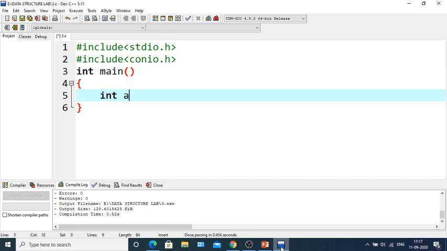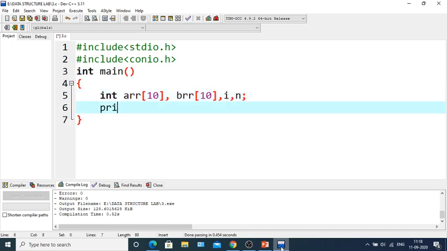Next, we will take two arrays here. One is ARR and another one is suppose BRR. We need a variable i for iteration. There will be another variable, that is int n.